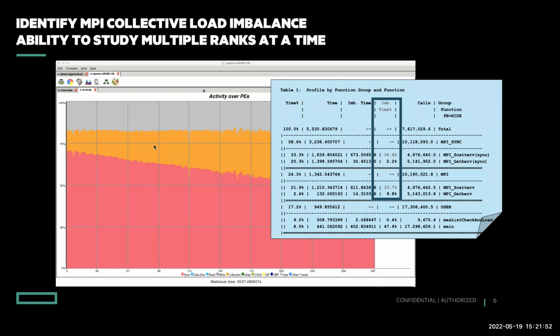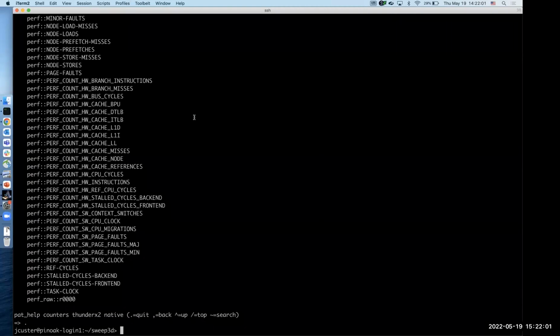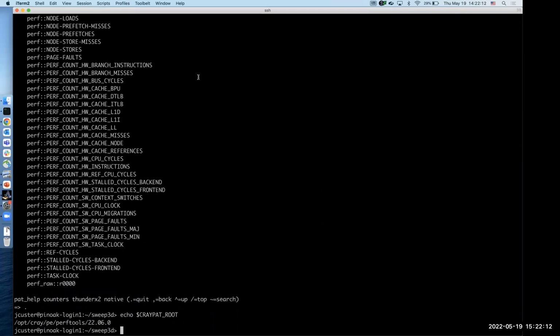Okay, so let me jump in and say, how do you get the GUI first of all, and then how can you use it? So with the Perftools base module loaded, you have an environment variable that is defined called craypat_root. Okay, so this environment variable points to the base location of the version of Perftools that you have loaded. And then if you look in this,